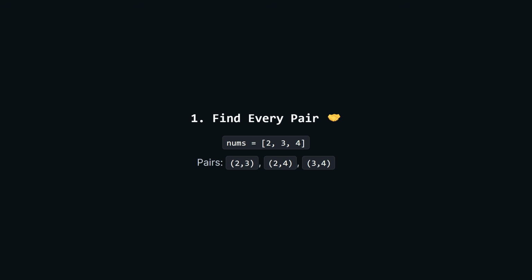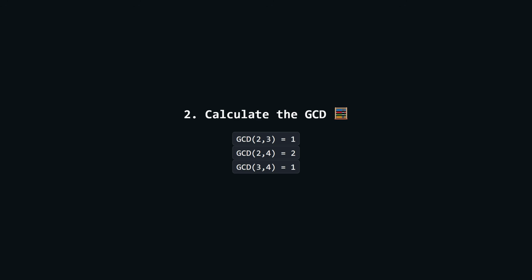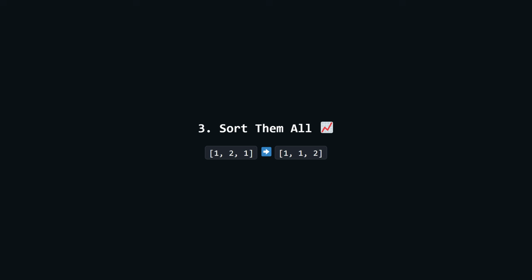We start with a list of numbers. First, we need to imagine taking every single possible pair of numbers from this list. For every single one of those pairs, we calculate their greatest common divisor. That is just the biggest number that divides perfectly into both of them. Next, we take all of those greatest common divisor results, throw them into a brand new list, and sort them